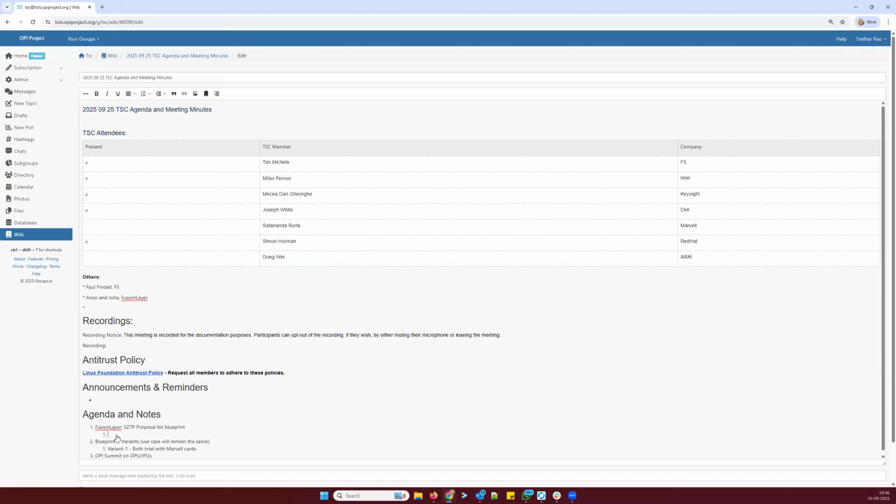We attended one TSC in May, and we talked about validating and migrating the SZTP client on all the different DPUs and IPUs, also Intel, AMD, possibly others as well. That's something that Ansi has been working on.